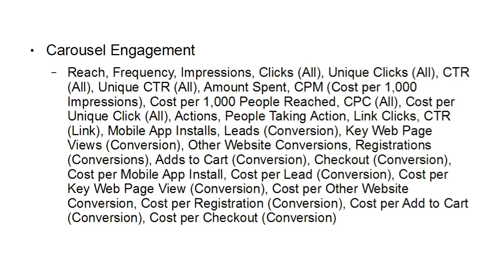Then there's carousel engagement if you're running a carousel ad. Bear in mind, not all of these statistics that we're going to go through here are going to apply to every single type of ad. So this is to do with carousel ads and carousel engagement, and that includes the reach, frequency, impressions, clicks, unique clicks, CTR, unique CTR, amount spent, CPM, that's cost per 1,000 impressions if you're going that way, cost per 1,000 people reached, cost per click, cost per unique click, actions, people taking action, link clicks, CTR, mobile app installs, leads